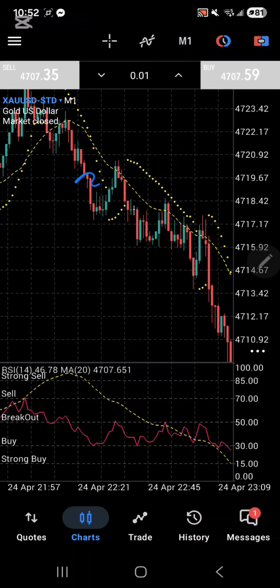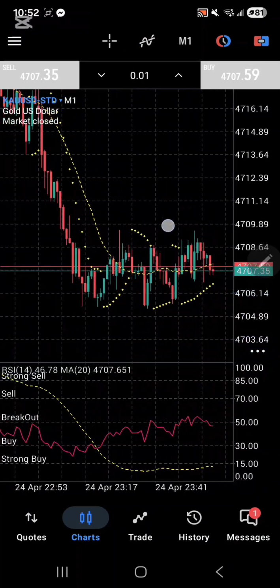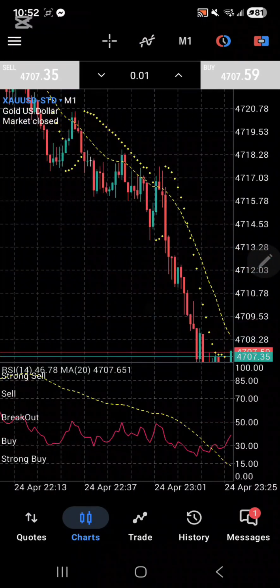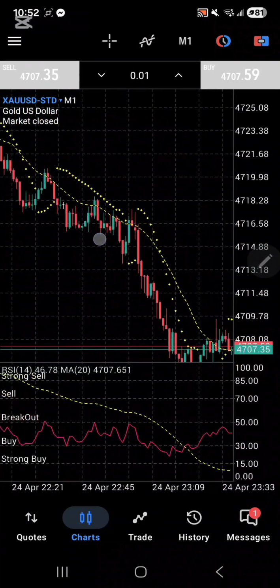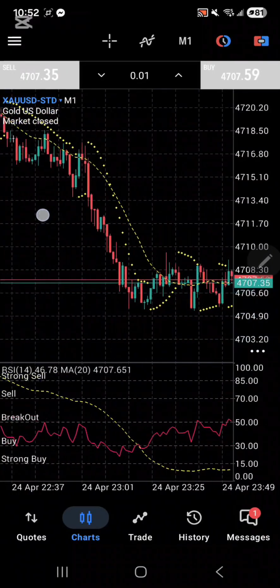If you set your trailing stop loss on the last dot on the upper part, it got hit here. If you didn't move your SL, it continues to go down, as you can see. That's a long sell position.